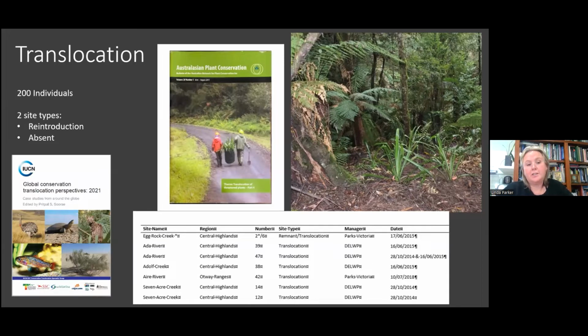So one was a reintroduction into a site near Gembrook, where we've fenced because they basically only had 2 individuals remaining, and that site had been hit very hard by deer. It also had some disease. So we fenced the area around those 2 individuals with the help of DELP and Melbourne Water, and then we planted into those ones as sort of a reintroduction, I guess. There were still 2 left. And then the rest of the sites were to create new sites just further out.